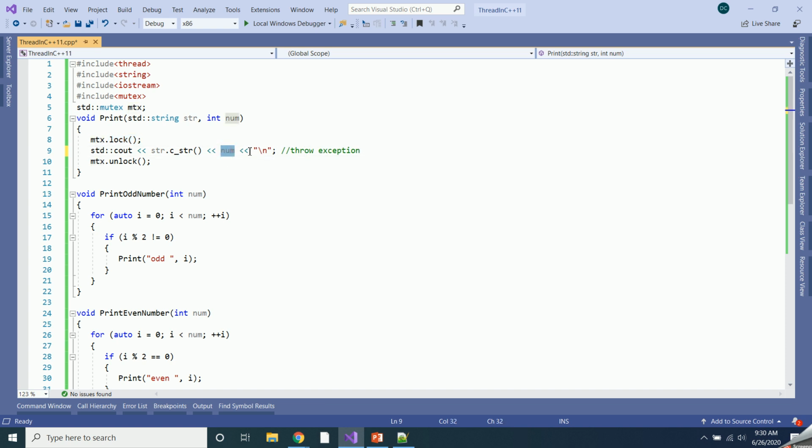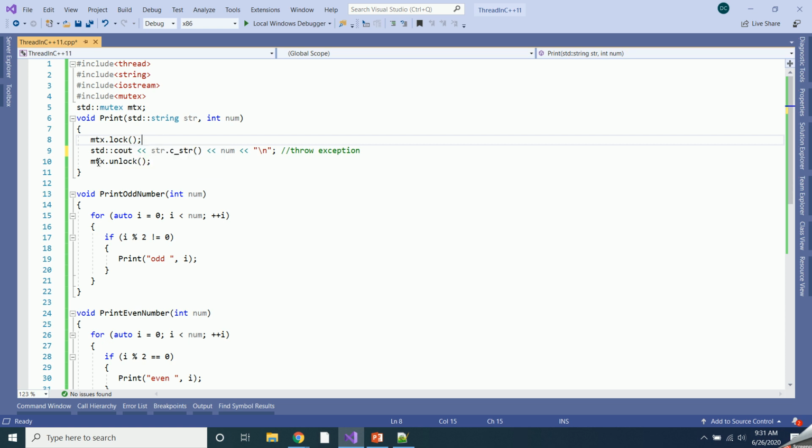While printing, this line of code throws an exception. At this time the mutex will not get released, because there was an exception at this line of code. Now suppose the even number thread starts, and it tries to acquire this mutex by locking it.